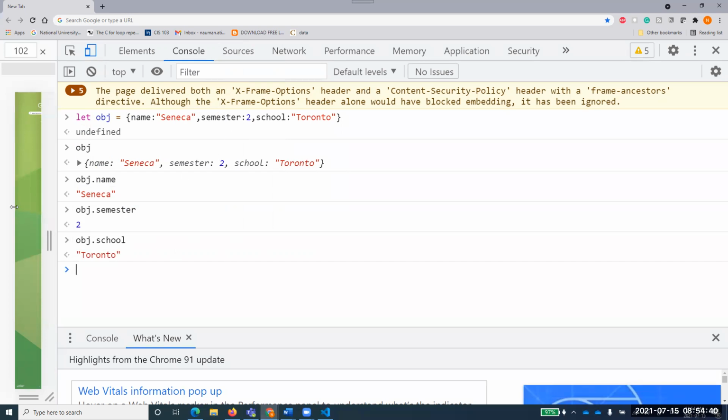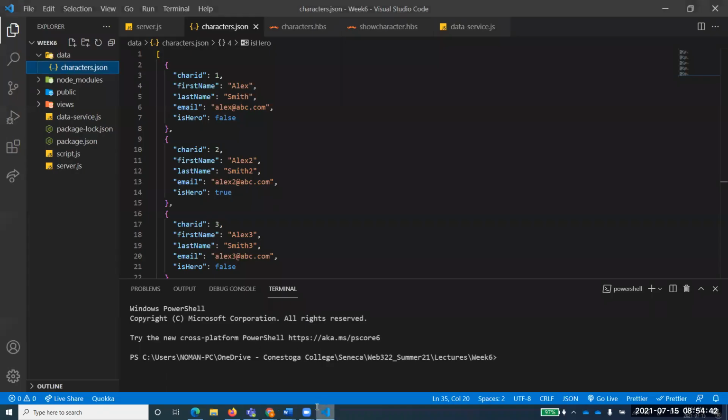Now when you talk about the JSON format of data, it is basically data which has inverted commas around the keys as well, right?